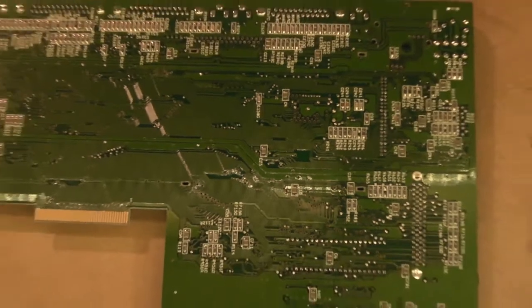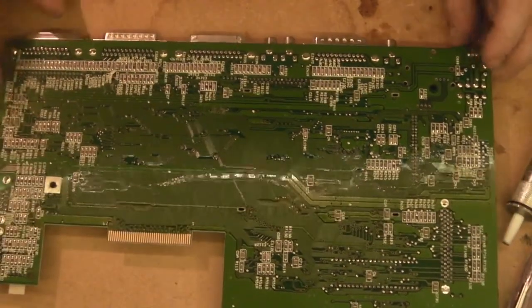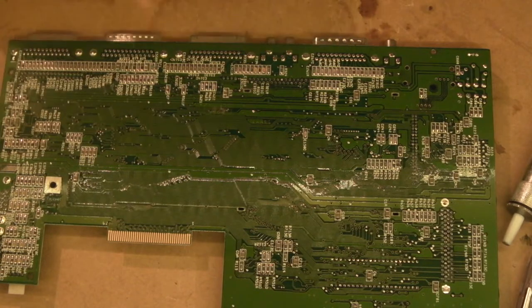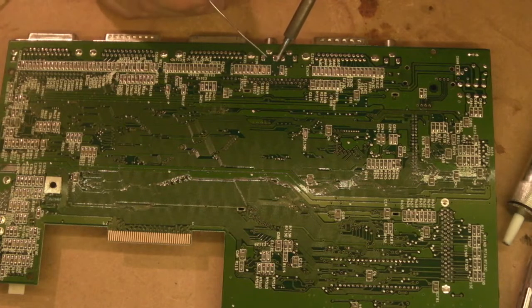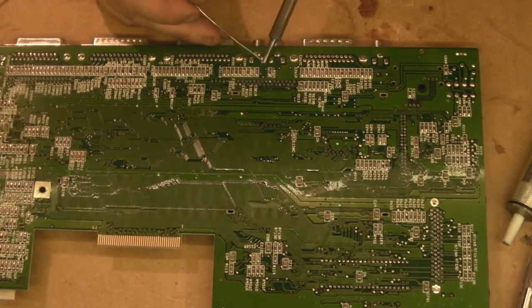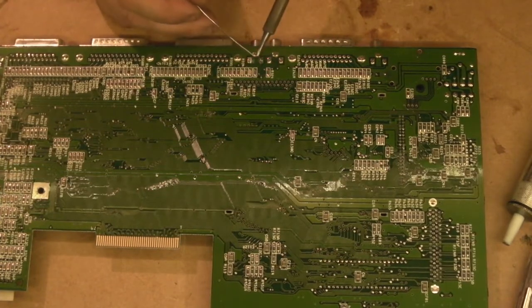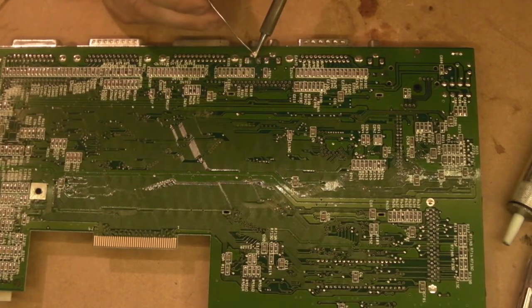Let's get you up a bit. There we go. We should be able to. What we'll do straight away is we'll add some fresh solder just to dilute down that manky solder. That's a nice long piece. I'll crank the iron up a little bit. Right, I'll start here. Yeah, just heating